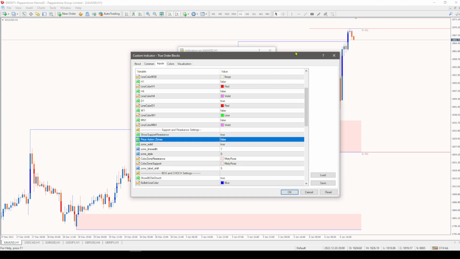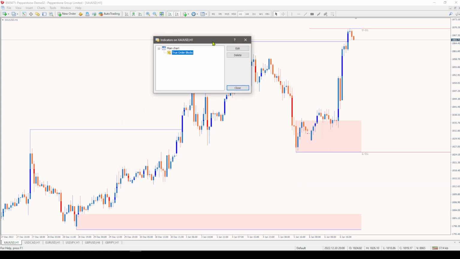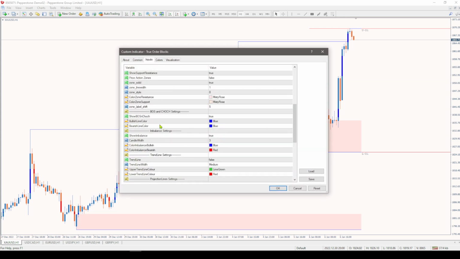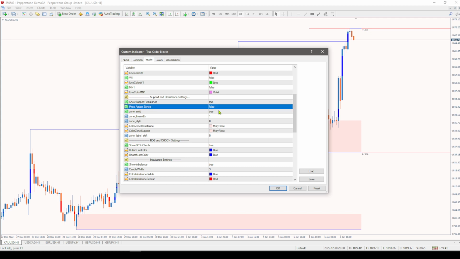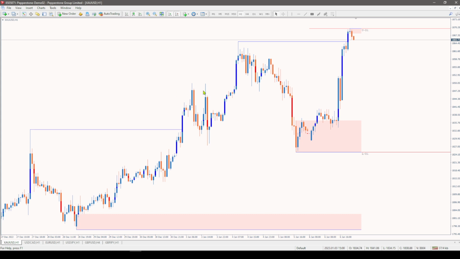Right now you can see we have only two zones, right? We have only two zones. What happened and what's going to happen if we make it true? Let's see, price action zones, make it true. Okay, so watch carefully, guys. When I make price action zones true, I can see one more zone in here,